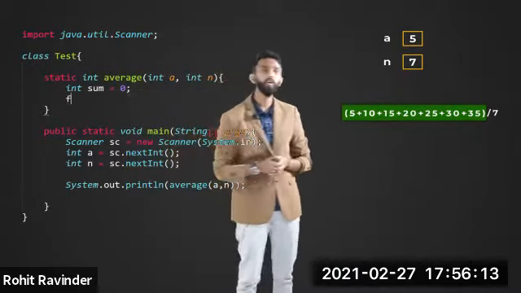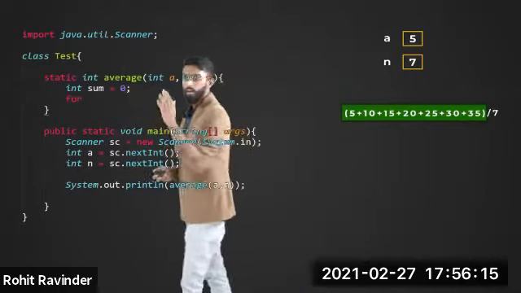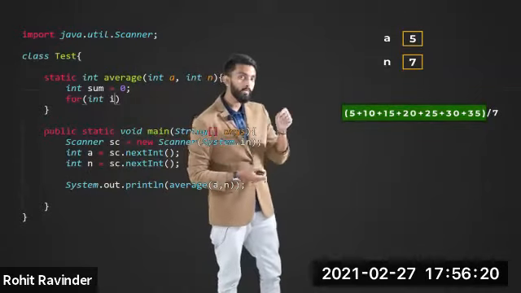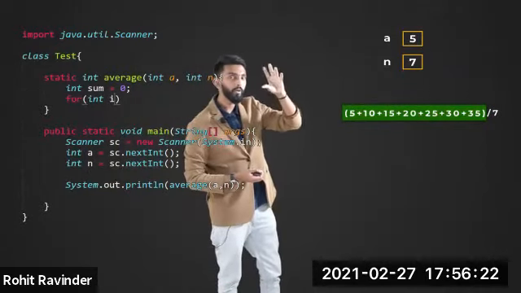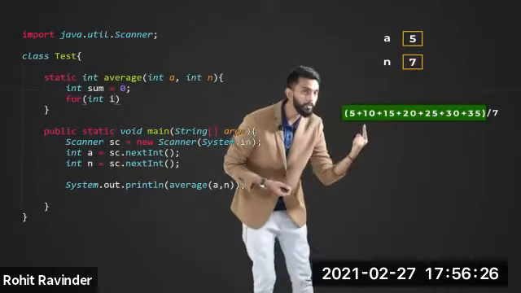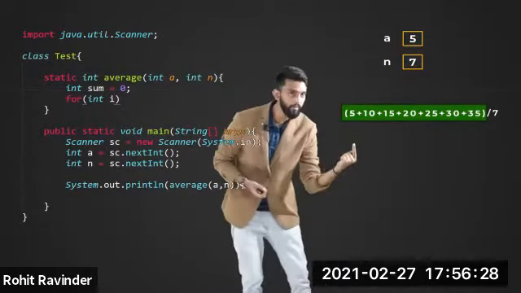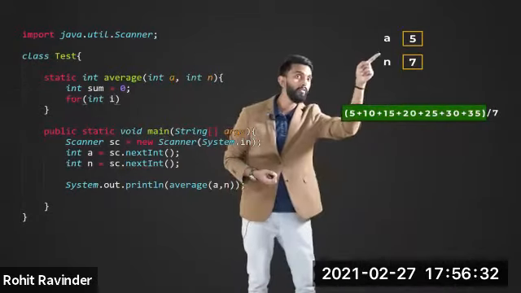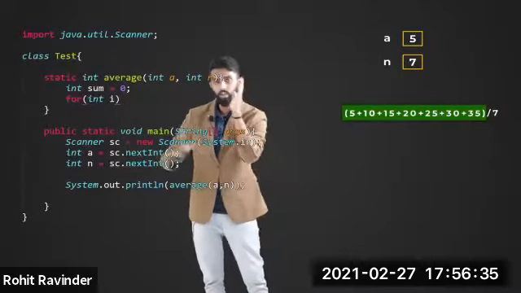Simple. I'll write for, and int i. And this time i should not begin from 0. If a is 5, that is the first multiple. See, if a value is 5, 5 is only the first multiple, which means it should begin from 5, or in general it should begin from a. So I'll tell i, initially your value is a.